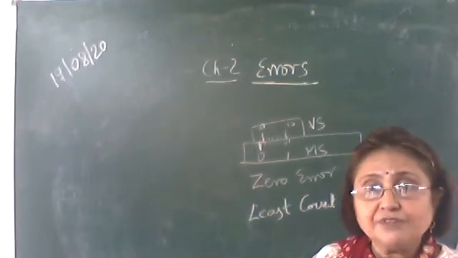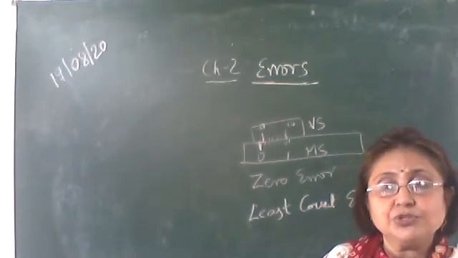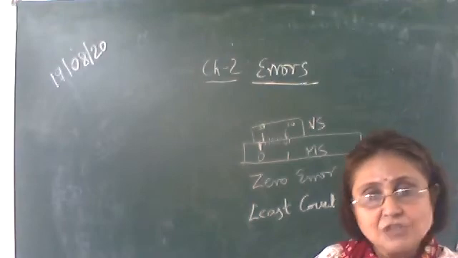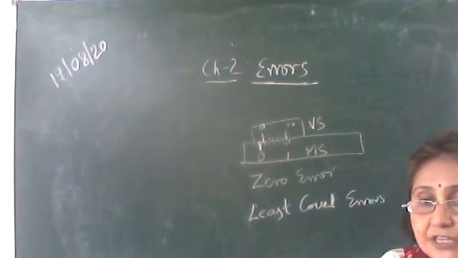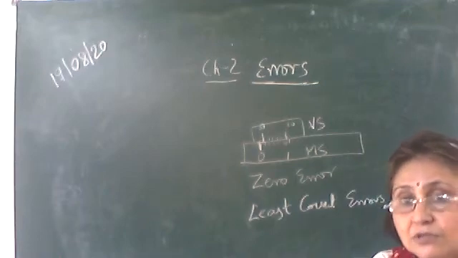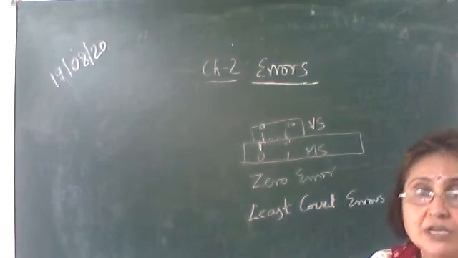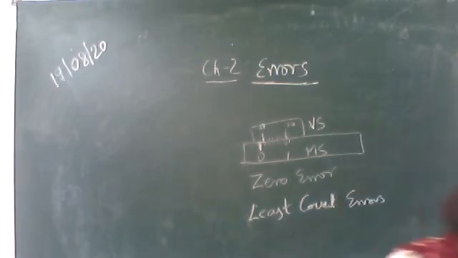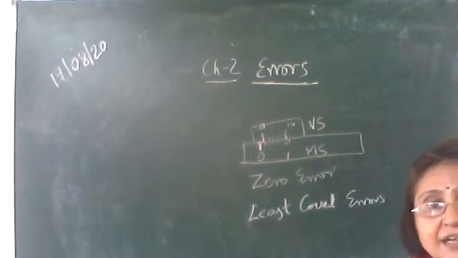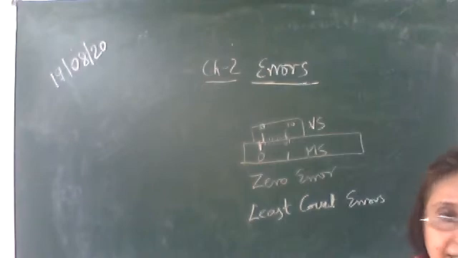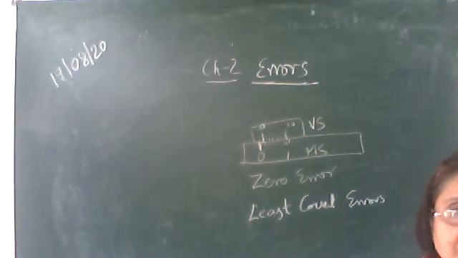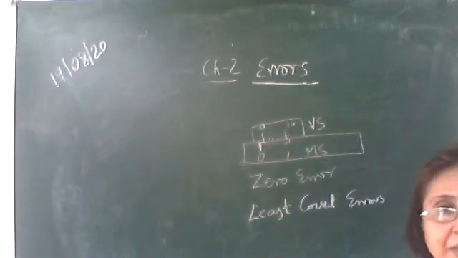Like the least count of the regular scale, the scale which you use, is 1 millimeter. That is how much one division is measuring. For the vernier calipers, it is 0.01 millimeters. For screw gauge, it will be 0.001 centimeter. So these are errors associated with the least count. Only understand this much: the errors which are associated with the least count are called least count errors. And what is the least count? The smallest measurement made by any instrument.